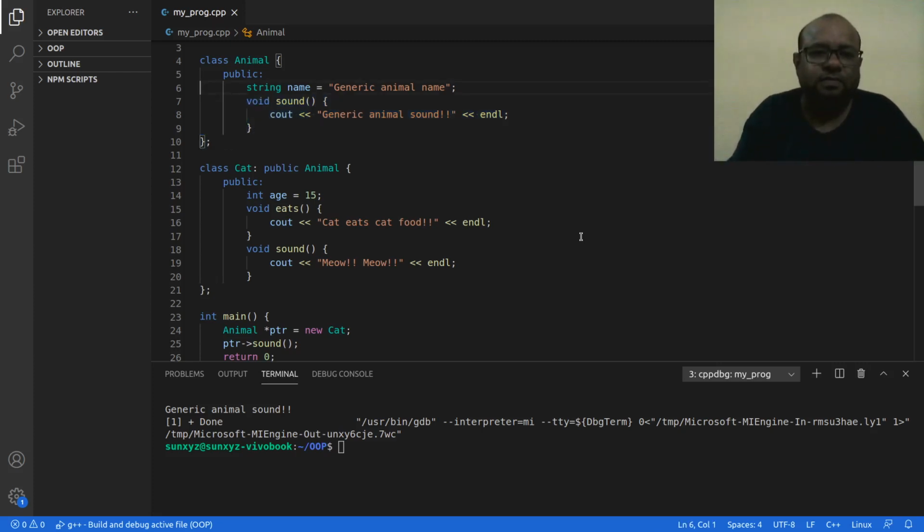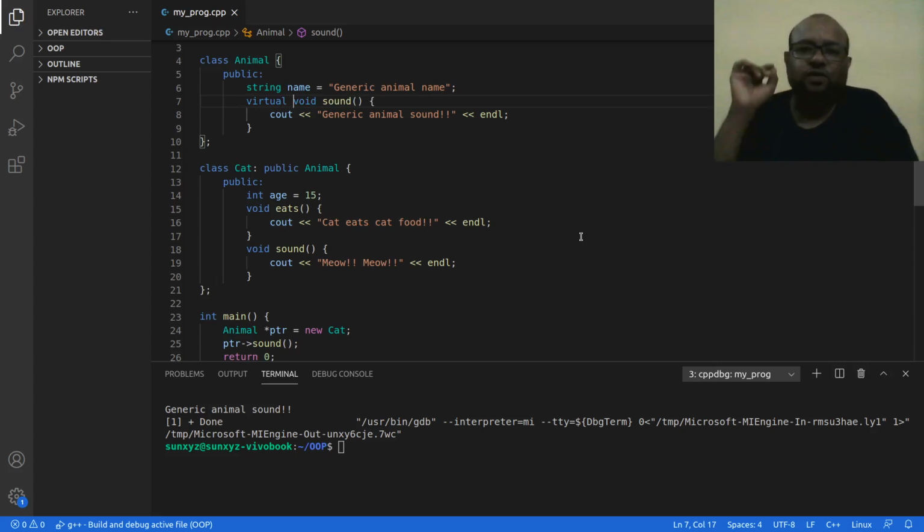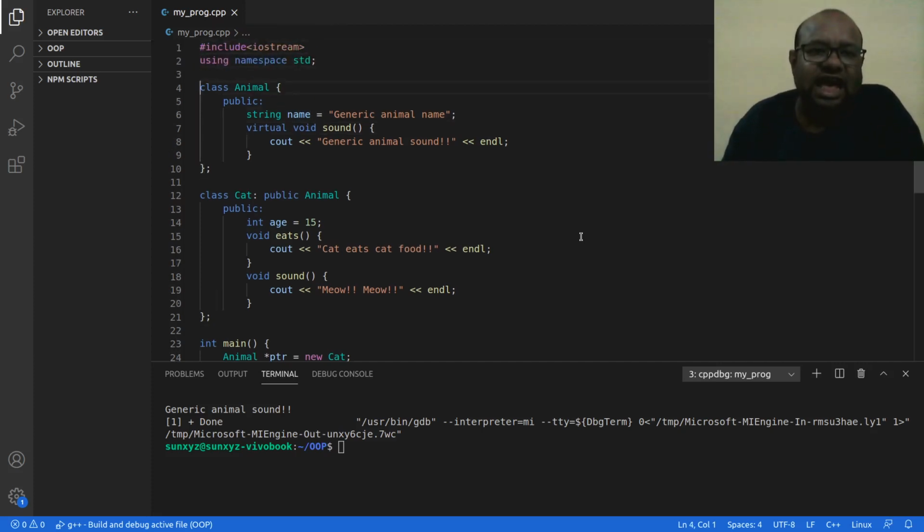Of course, if there is a problem, then we have to find a solution and resolve the problem. The solution is pretty simple. This is a feature of C++. I just write virtual in front of this function that I believe is going to be overridden in the child class. So when creating this animal class, I had this belief that the function in my animal class is going to be overridden somewhere down the line. Yeah, hold on.